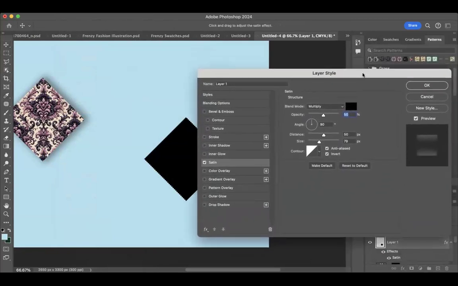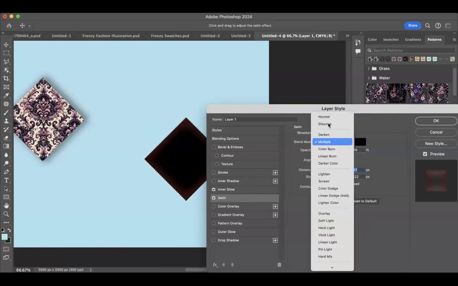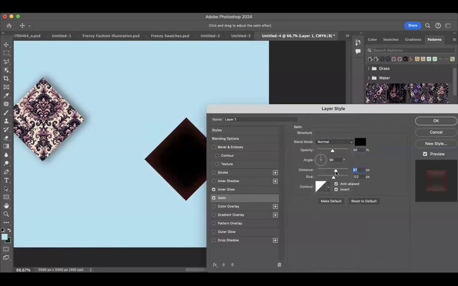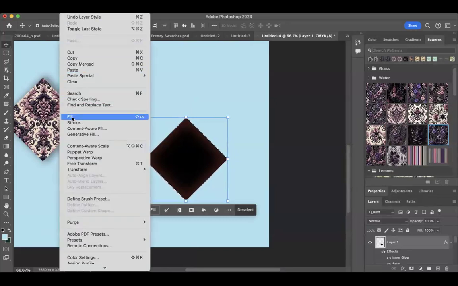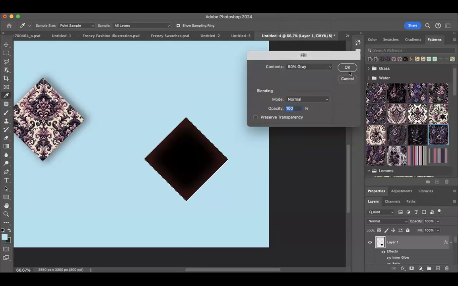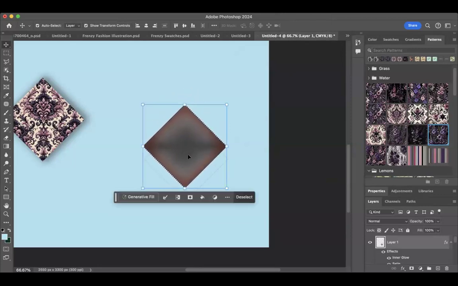Okay. Not working so well on that black background. So let's edit fill with gray and see if that's going to, yes, okay. So that's definitely showing some of the cool things that are happening in my